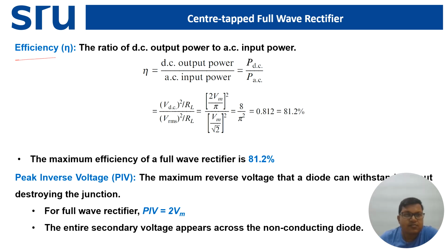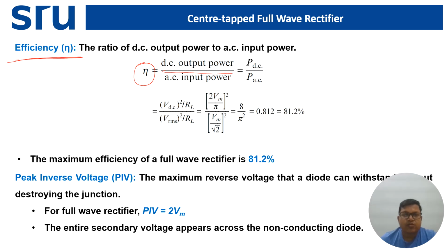Efficiency, as you know, will be basically the output power available divided by the input power which is supplied. Intuitively you can understand that efficiency is the output divided by input: how much input is supplied and how much output you are getting gives you the efficiency of the circuit. Here, efficiency is denoted by eta,